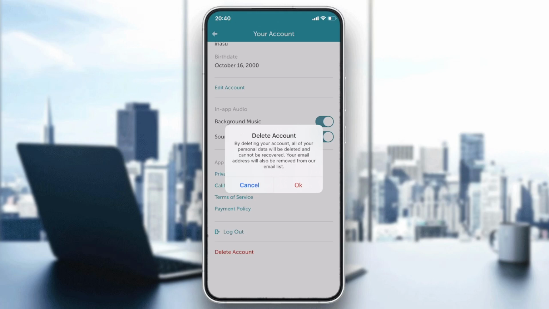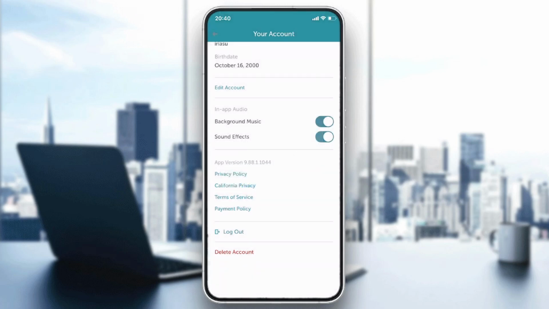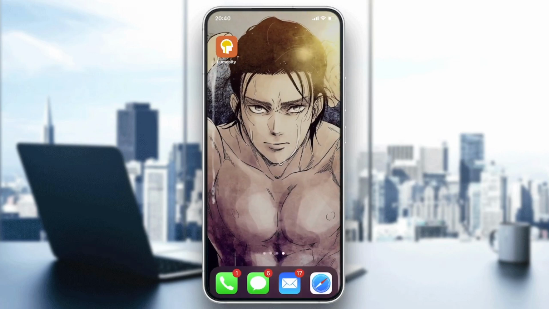In my case, I will cancel this operation and I will close this application. So those are the ways or the steps to close